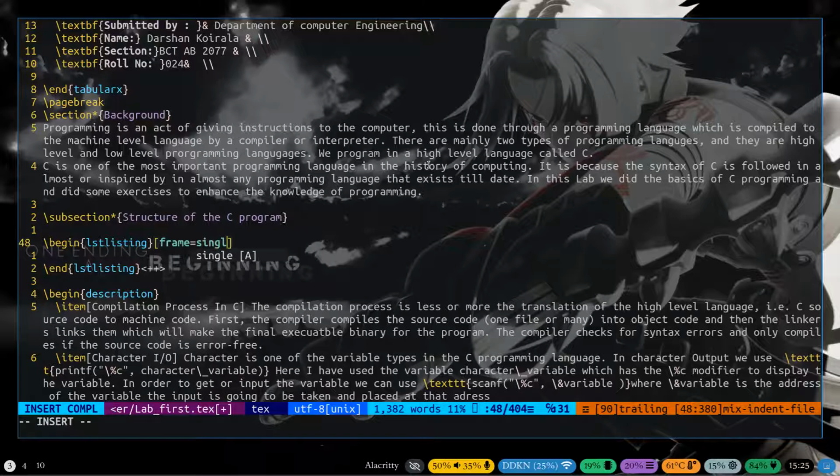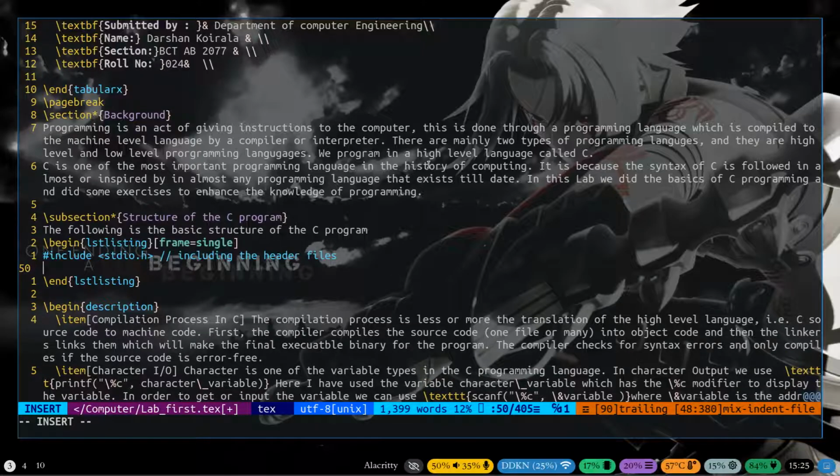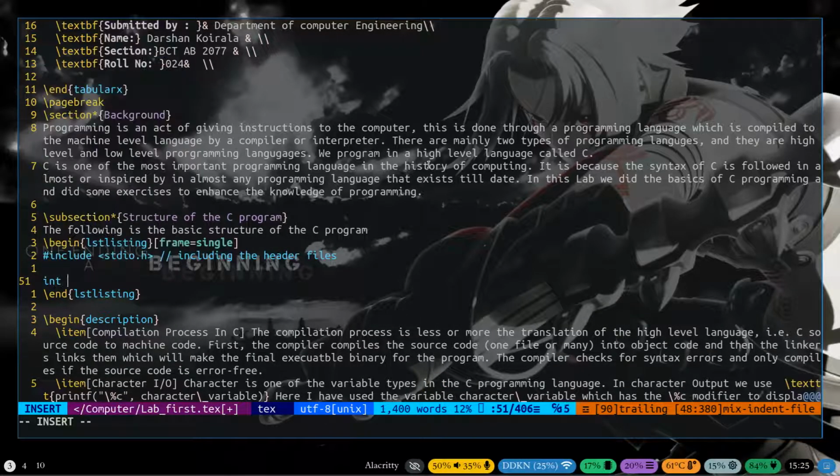The following is the basic structure of the C program. It is include stdio.h. Here I will comment: including the header files, and main, the main function,